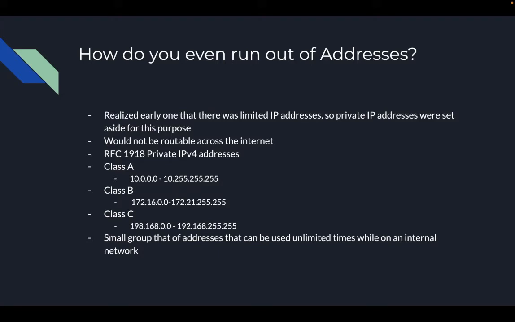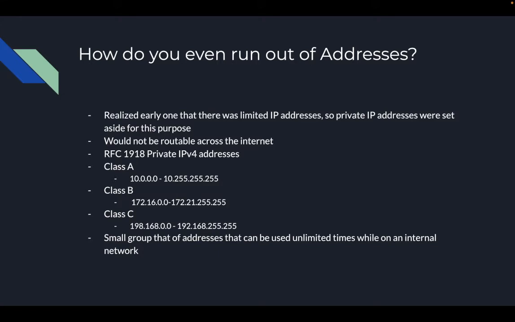And the first, Class A, is 10.0.0.0 to 10.255.255.255. Class B falls in 172.16.0.0 all the way to 172.21.255.255. And the final, Class C, is all the way from 198.168.0.0 all the way to 192.168.255.255. And so this is just a small group of addresses that can be used unlimited times while on an